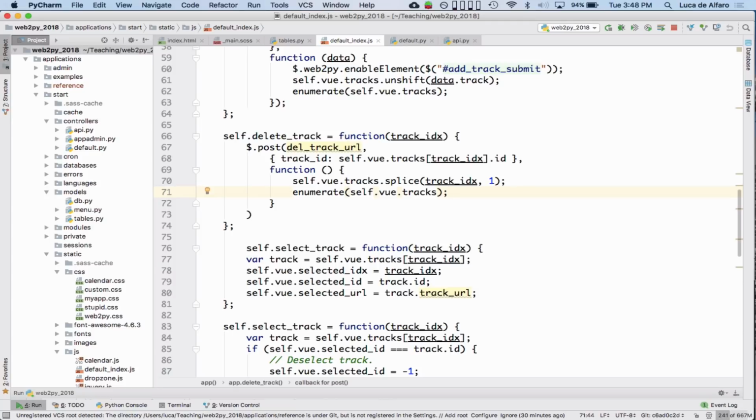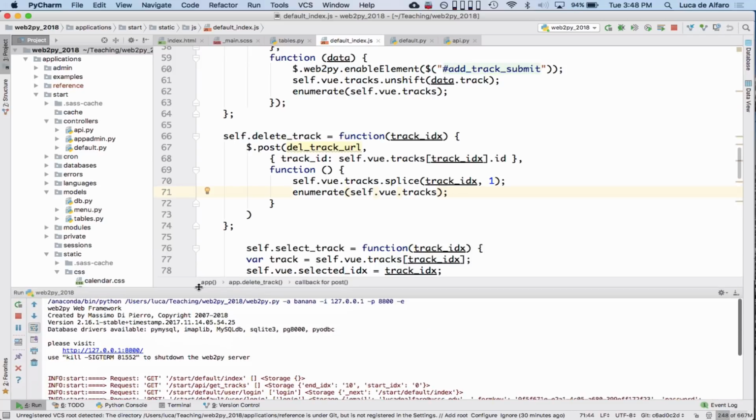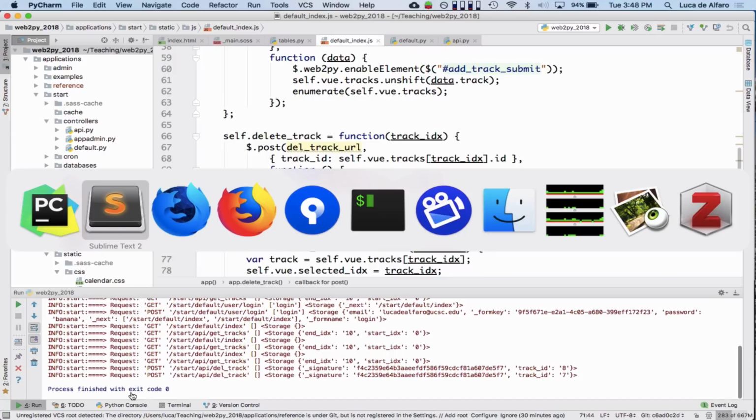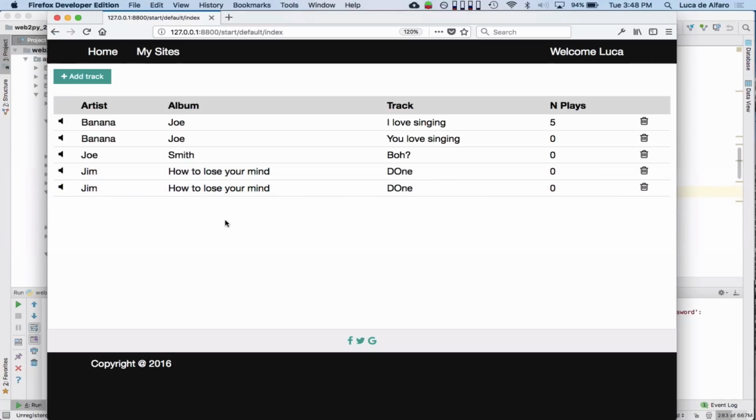In fact, we could try that, right? That's pretty easy to try, because I can simply stop the server here. Okay, so now this is done, so it won't reply anymore. And now if I try to delete one of these tracks,